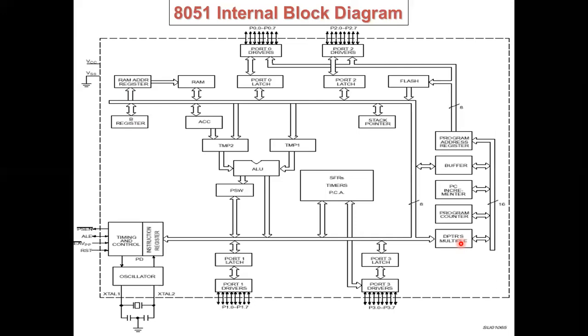and the value at address 4000 will be sent to the accumulator. Then program counter, we already know, stores the address of the next instruction which is going to execute. Next, PC incrementer, that is program counter incrementer. For every instruction execution, the program counter value will be increased by 1 byte. Then program address register stores the program address, for example if the starting address is 4000, it will store that program address. These are the 16-bit data processing units.